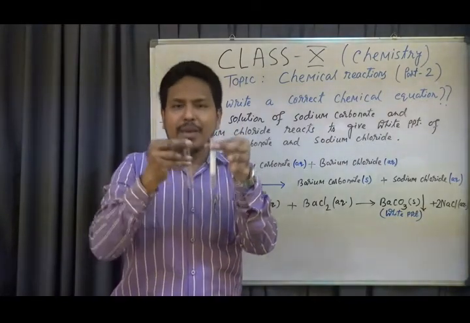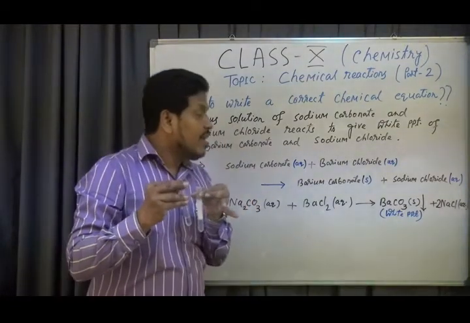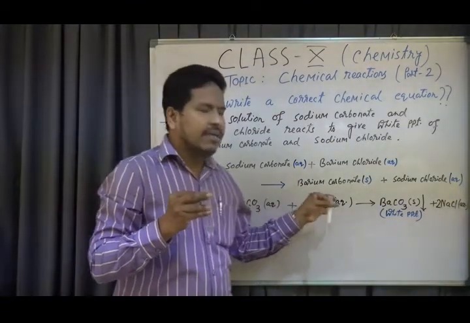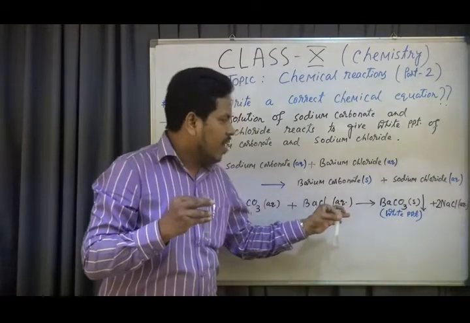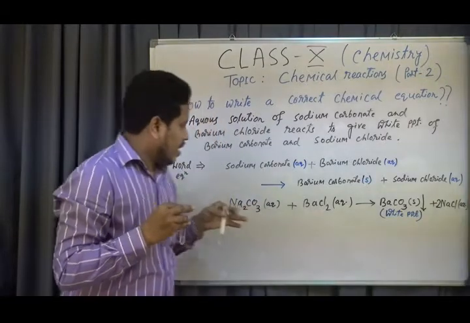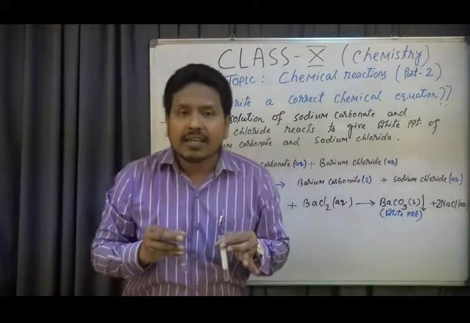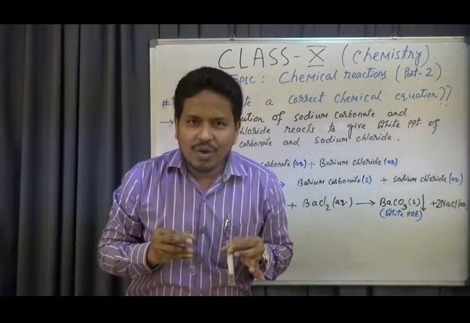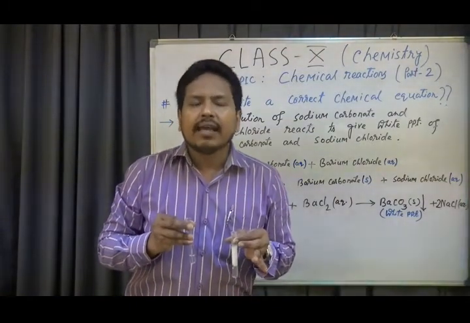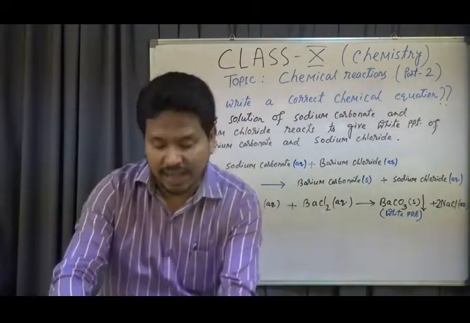So in this way, a chemical reaction can be written as a word equation, as a skeleton equation, and then as a balanced equation, mentioning all the physical states, aqueous, solid, liquid, or precipitate, and any temperature or pressure influencing the reaction. When we represent all the information of that reaction, that equation is called a correct chemical equation, my dear students. On your chemistry journey, you have to be able to write a correct chemical equation, mind it. This is a very fundamental thing of chemistry.